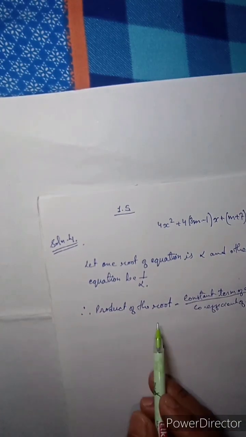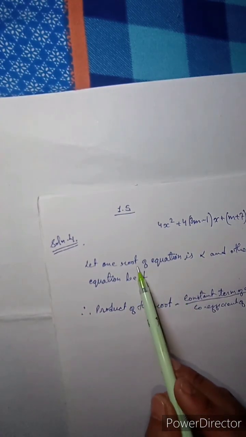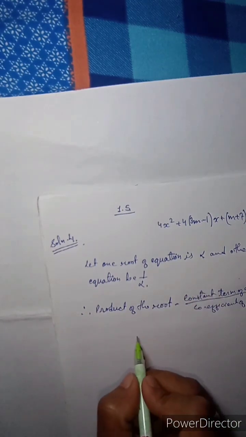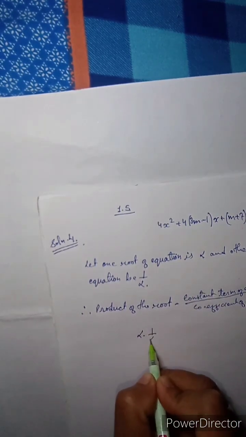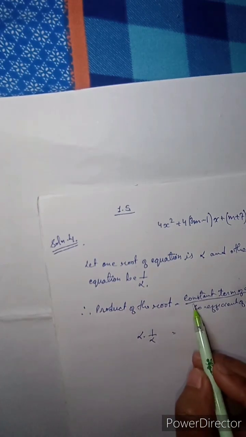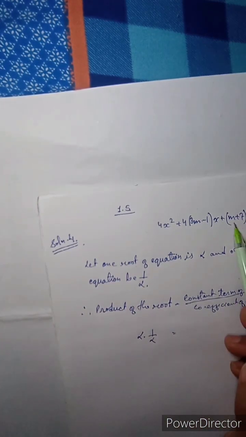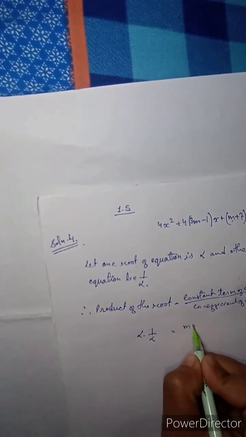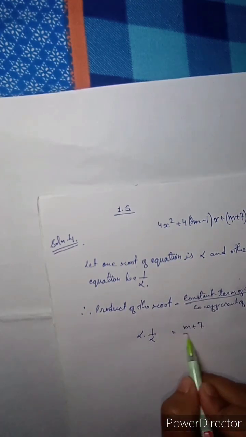We have assumed the roots of the equation are alpha and 1 by alpha. Product means multiply, so alpha times 1 by alpha is equal to the constant term of the equation. The constant term is m plus 7,